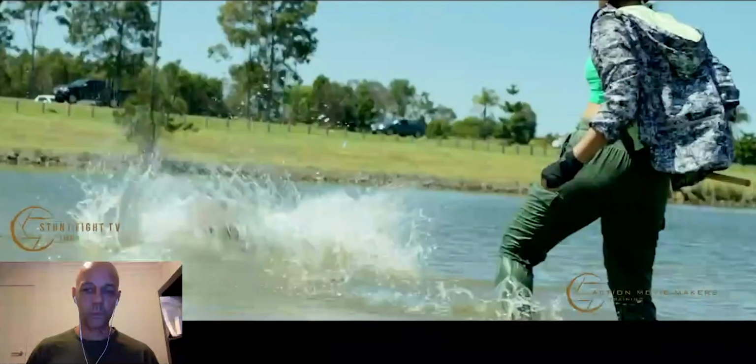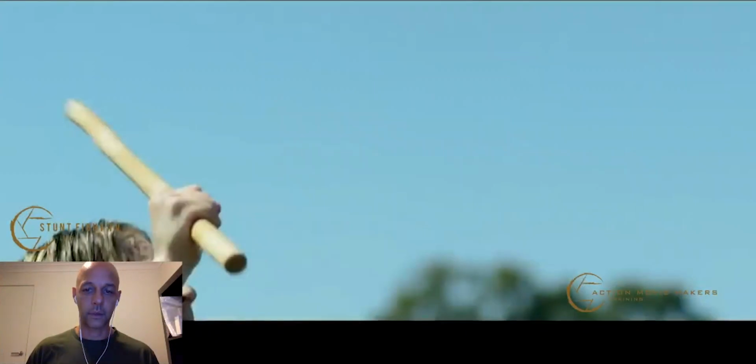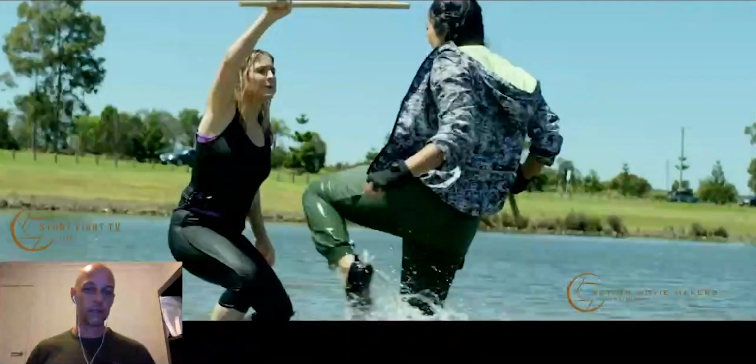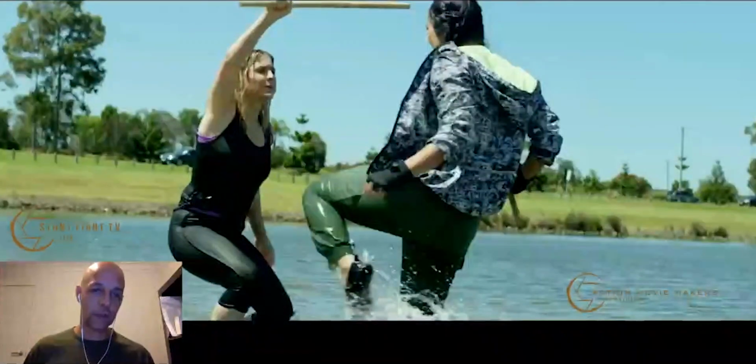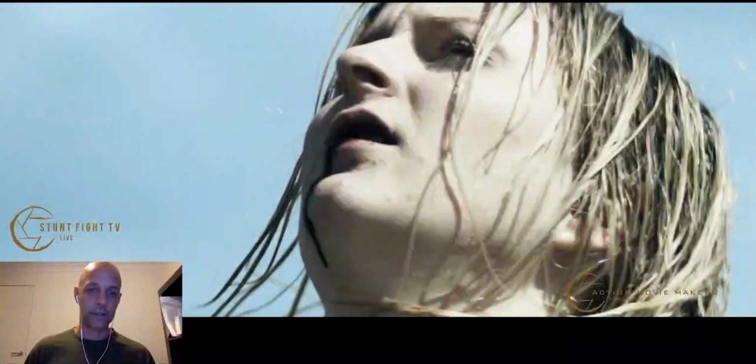Let's go back a bit more. There we go. See, so the leg, this is kind of the first frame, so the leg has already taken off and goes straight into the kick. Whereas in this one here,